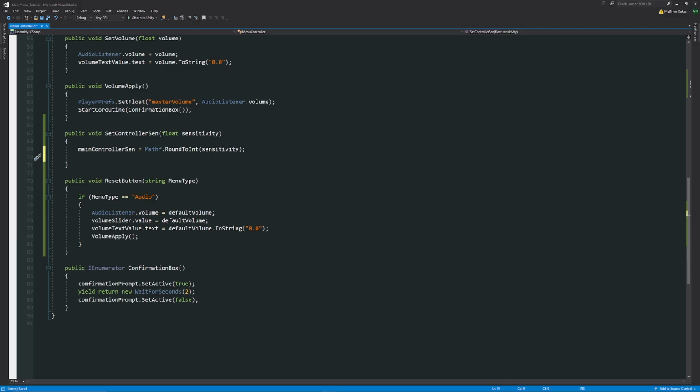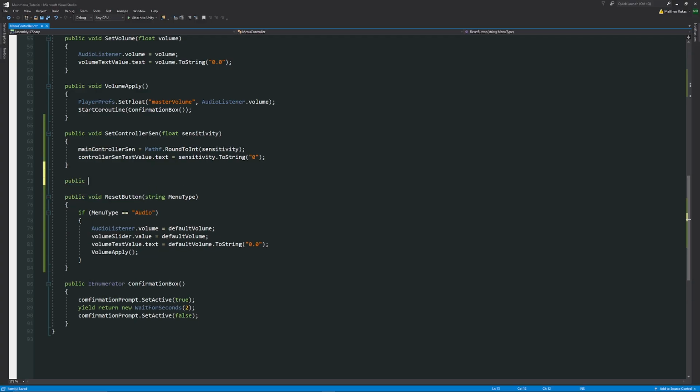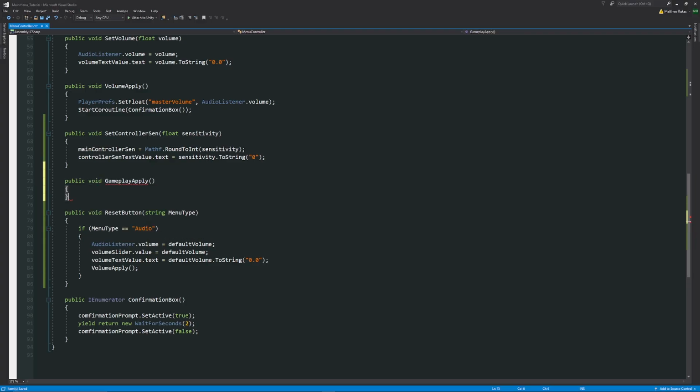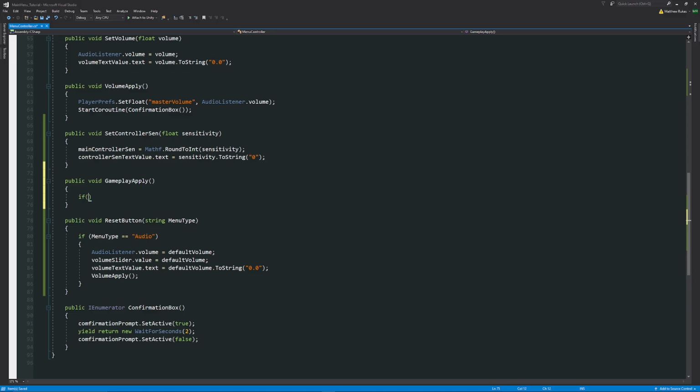Then we're going to say that our controller sensitivity text value, and then we want to say controllerSensitivityText.value.text is equal to the sensitivity.ToString in brackets in quotes, and we're just going to have a 0, and that's going to set our controller sensitivity for us. And now what we want to do is, we can't do it quite as easily with the toggle box to do the inversion, so I'm just going to do that in the apply. So we're going to be able to apply both the sensitivity and whether we want to invert the actual object itself. So we can say public void GameplayApply, and then 2 curly brackets below,